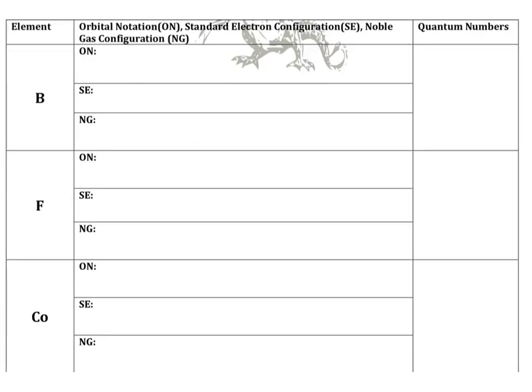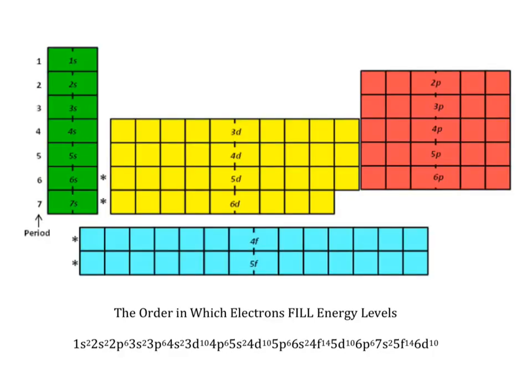So now what I'm going to do is skip on to the next page here because I'm going to move to cobalt, because it's going to have a little bit more of a complicated orbital notation. So let's go ahead and take a look at where cobalt is. Cobalt happens to be right here on the periodic table. So again, we're going to have 1s, 2s, 2p, 3s, 3p,